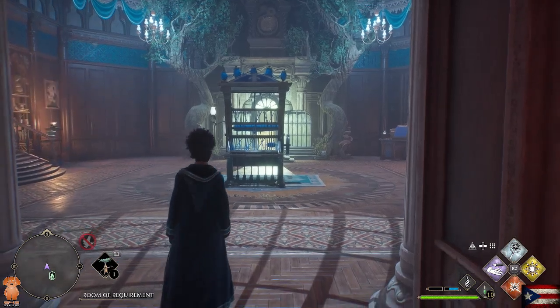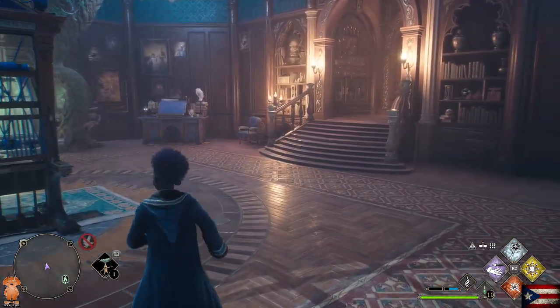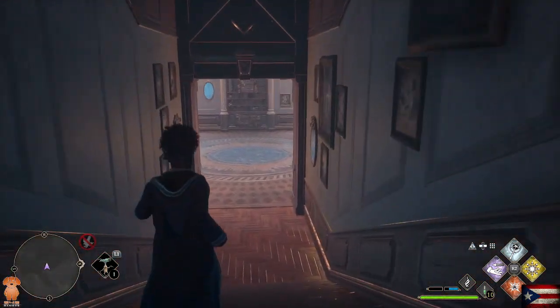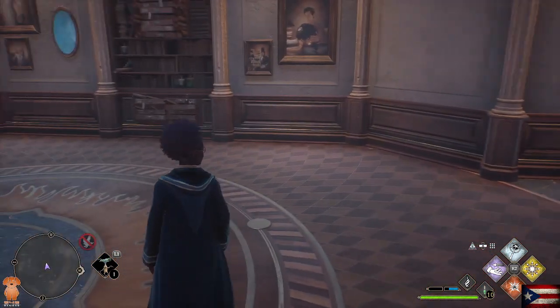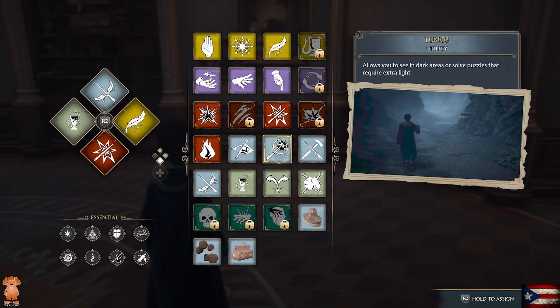And then while I'm here, I can talk to Deke. I'm not sure what he wants. But... Okay, here we go, here we go. Yeah, I know, Deke. I'll be right with you. Okay, we've got... Yeah. So...